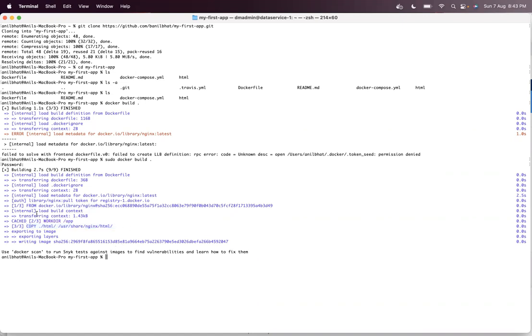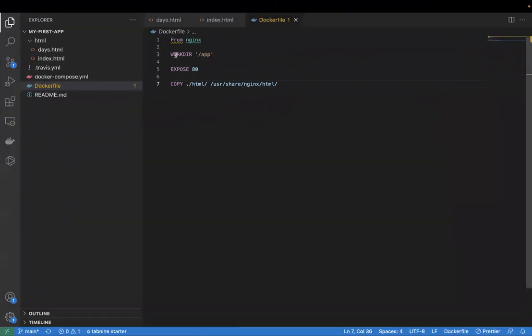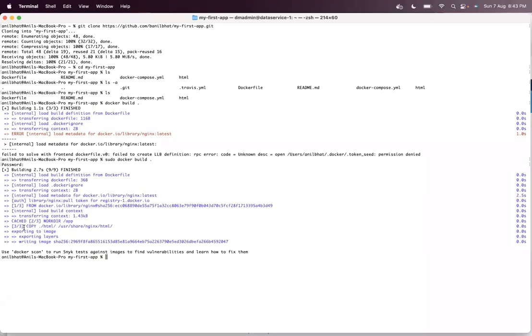Now you can see that the Docker file already got run. Whatever commands are there to copy the file and all those things, it has executed. That means even though you haven't given the Docker file in the command line, it took the Docker file as input, executed all the commands and created an image successfully.